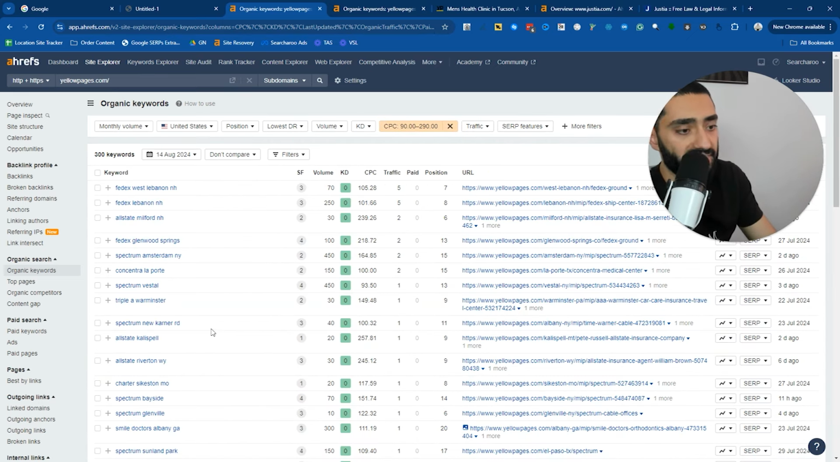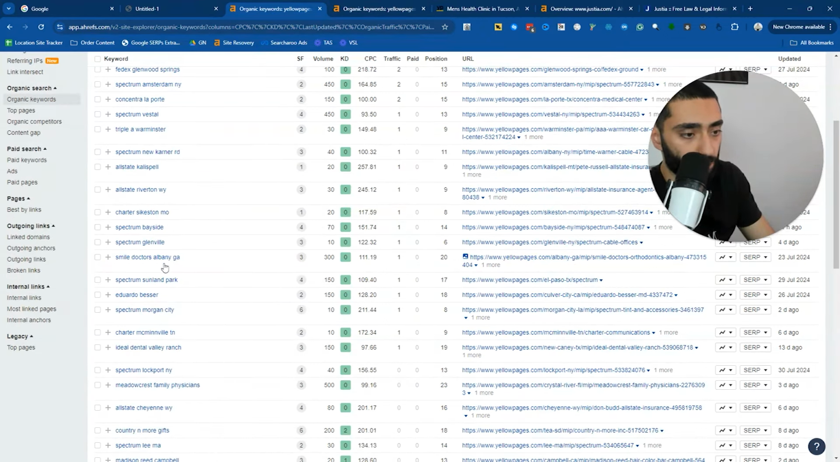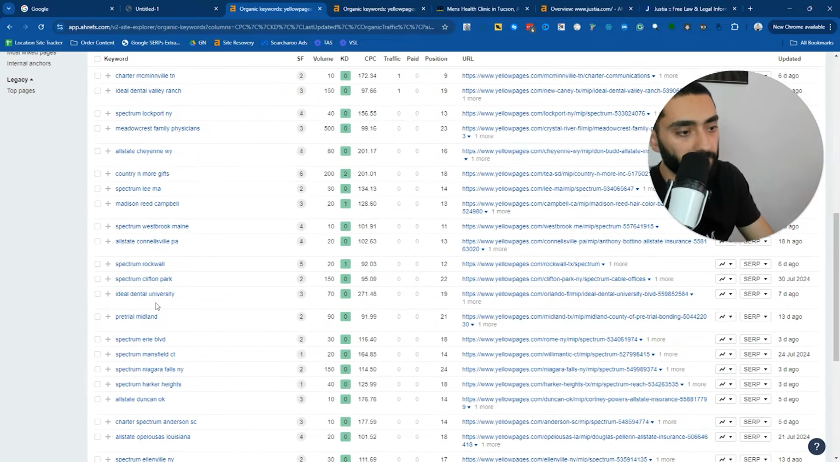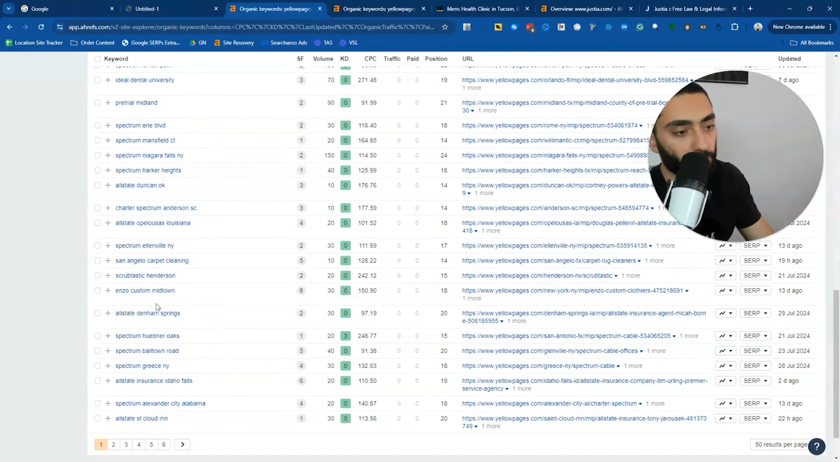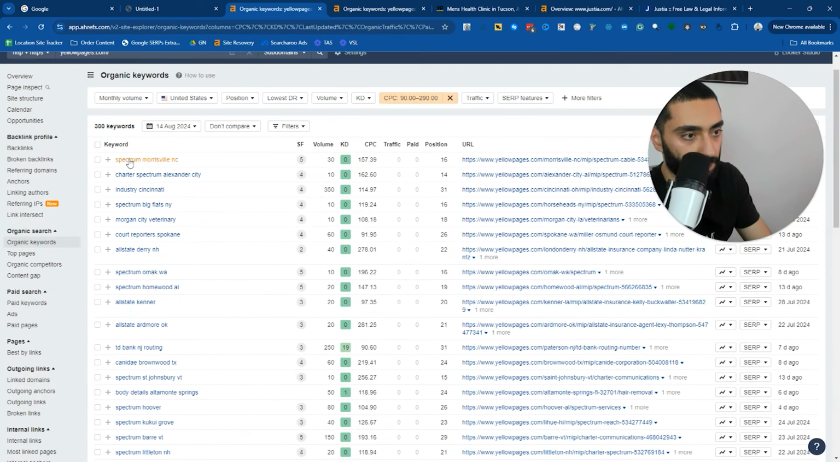But you'll obviously get greeted by a load of branded keywords, like FedEx and West Lebanon. But if you actually start to look through some of these keywords, what you will typically find is some keywords that stick out. So if we start taking a look here,